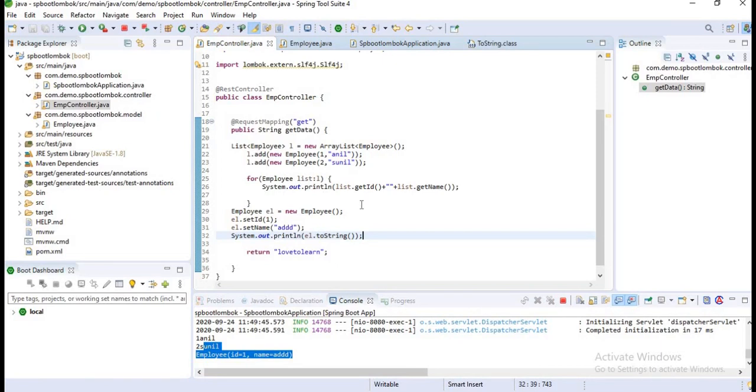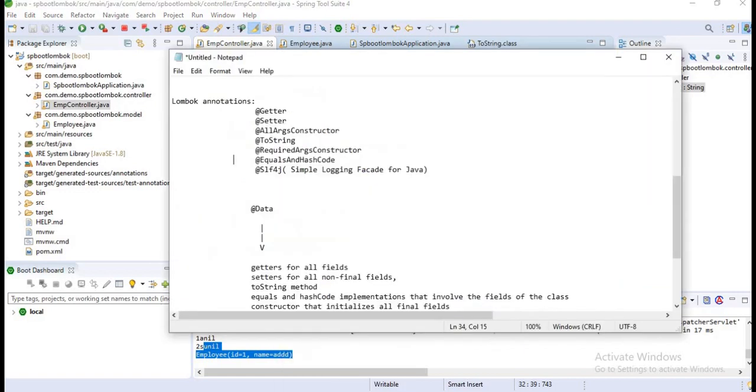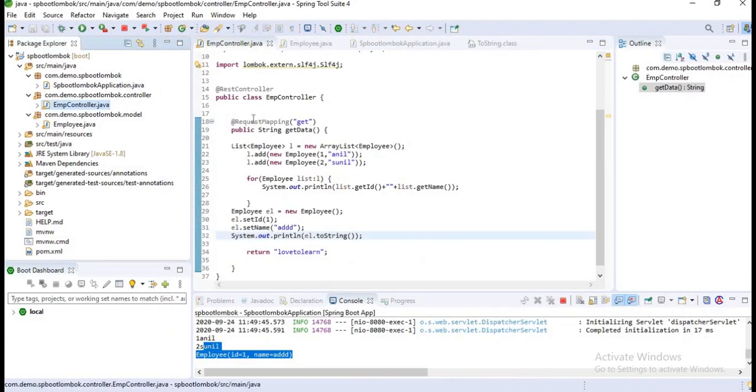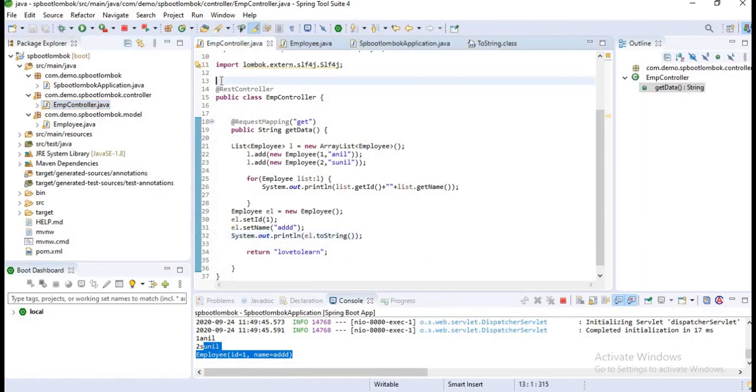Okay guys, now I want to implement SLF4J, which is the Simple Logging Facade for Java. Normally, if you implement SLF4J, you have to add a jar file for it, and you have to create an object for the logger class. But if you just add the Slf4j annotation, it is not necessary.